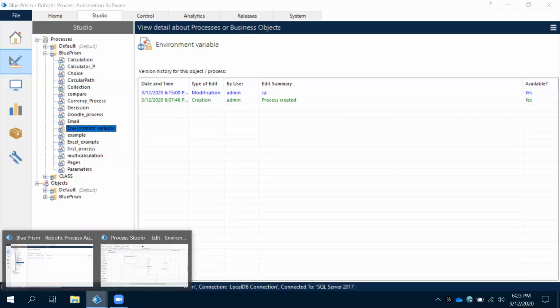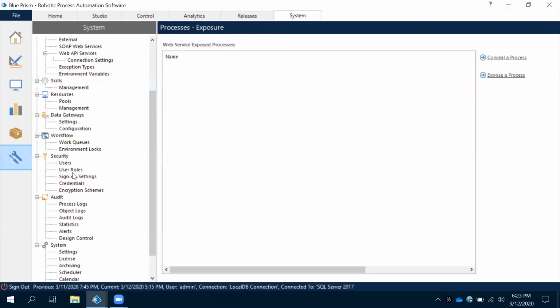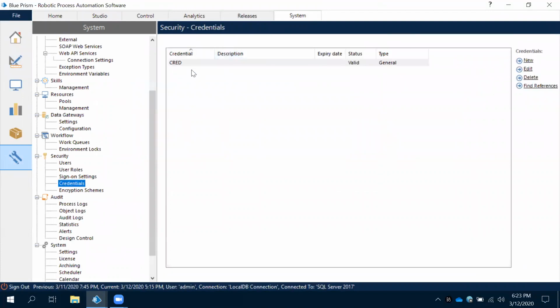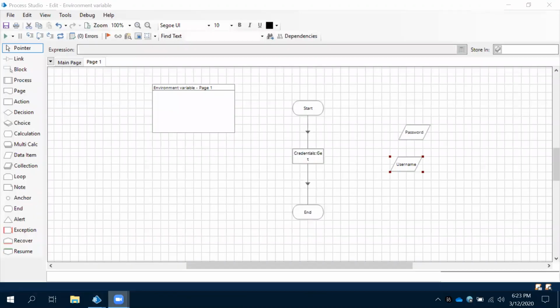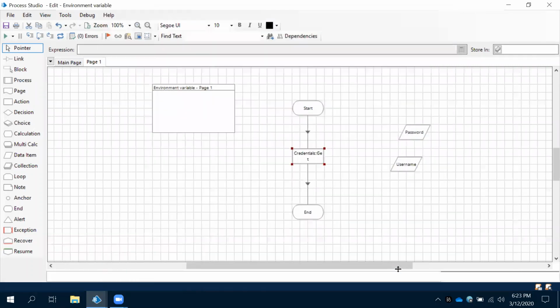now come to that system manager we have created here. When it is coming to credential, observe the name CRED, the same name we have given here when we are using that in a process studio. Same name we have given. From this, what these business objects will do is, it will go to this credential IBO, and then it will click that action.